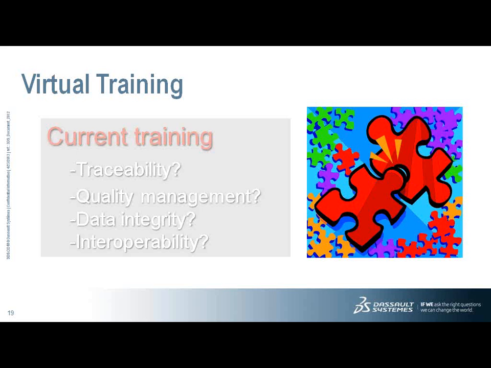So virtual training, this is a space in and of itself, and it may be training on systems, it may be training on equipment assembly. What we found pretty much across the board as to why folks start to look at virtual training is traceability. So you want that technology to go ahead and trace how folks are being trained, if they've received the training and that kind of stuff. With paper documents or printed training classrooms, sometimes it's a little harder to do that in an automated way, and things can slip. The quality of the data.